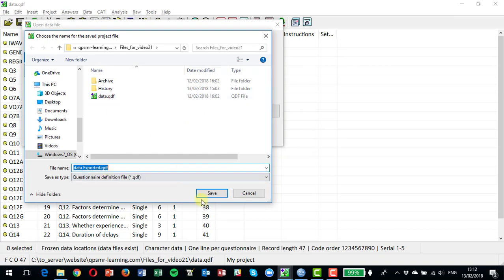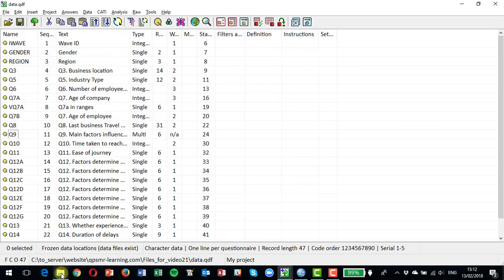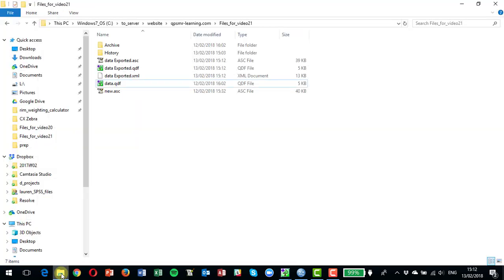and choose a QDF that you want to export to, and it's already done it. So that's now done an export to SSS. SSS is a good export to use. It's very safe. It's a standard that's supported by about 50 to 60 software packages around the